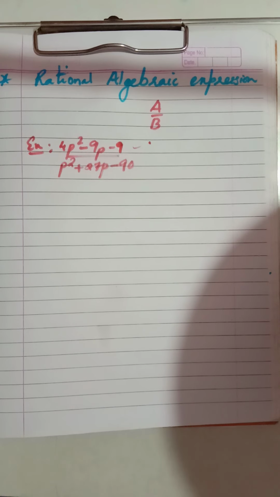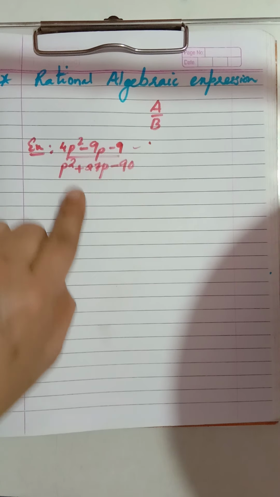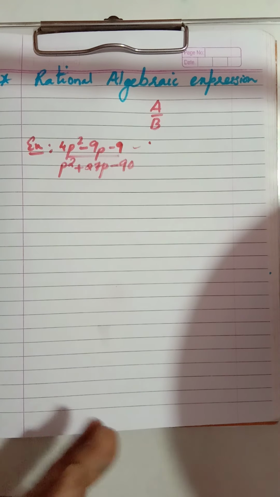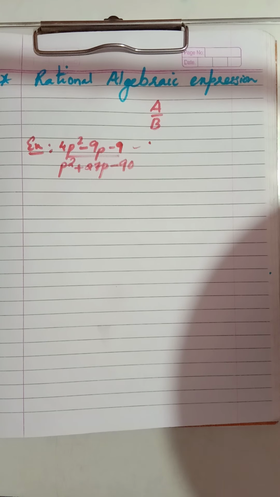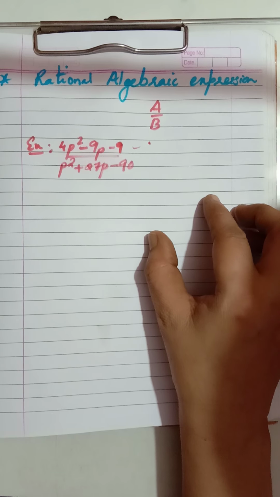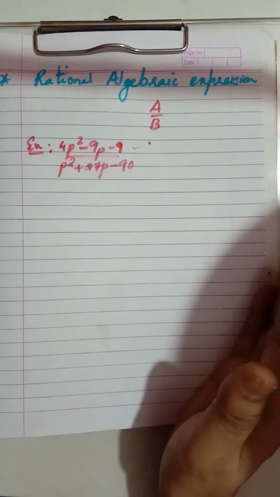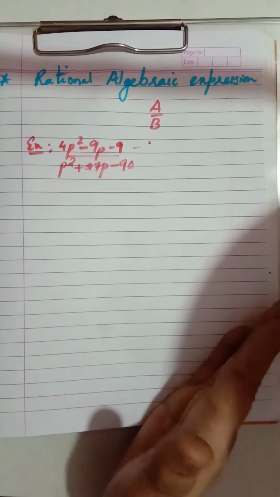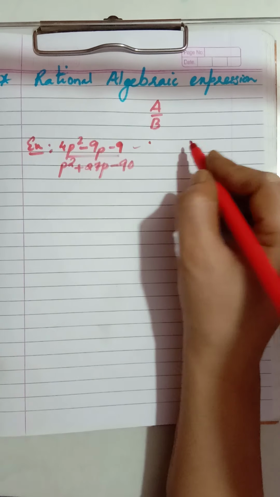And the next practice set, what we are going to do, we will simplify. We are going to simplify such rational algebraic expressions. We will convert it into a simple form. Now see children, whenever any fraction is there, we have learned to reduce that fraction to the lowest term. We reduce the fraction, right? In your previous classes we have learned, right?